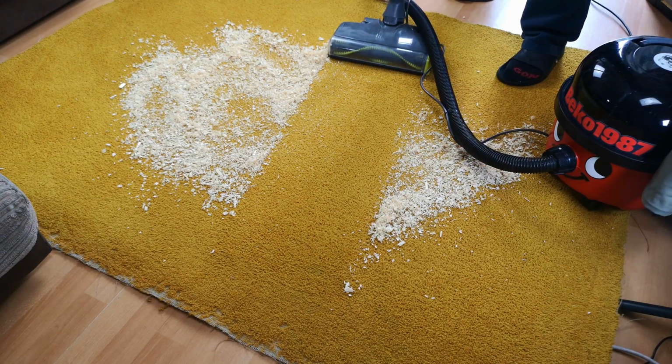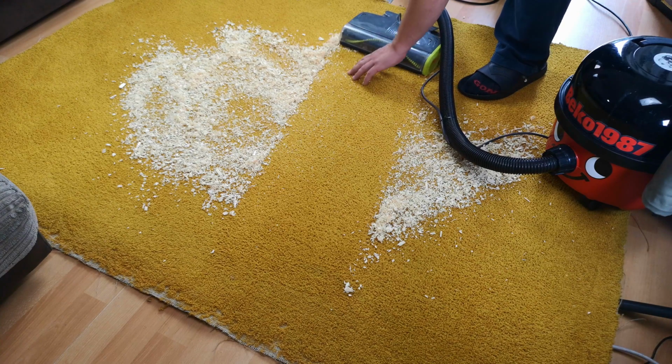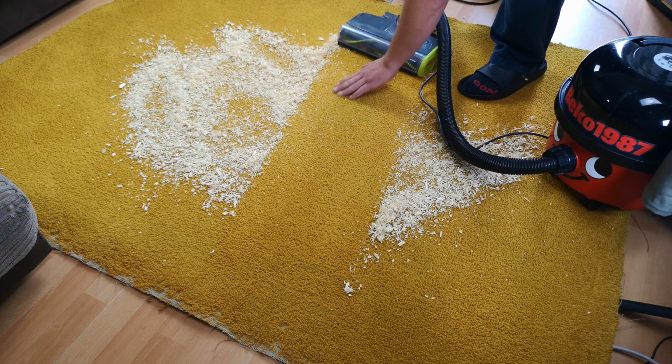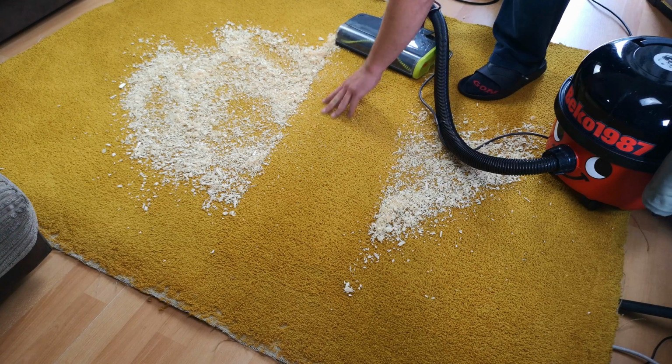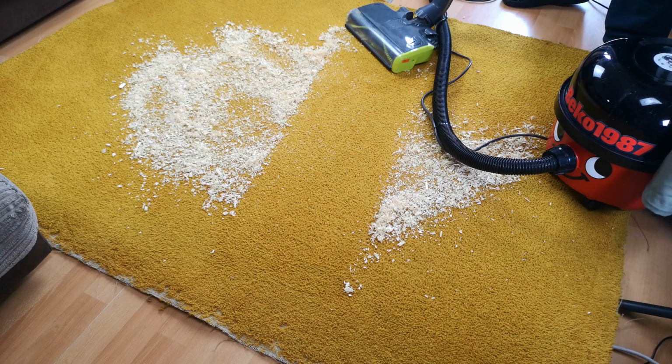we get, as Mr. Ibasiak would say, an okay line, but yes, there's still lots clinging on. It's not even really coming off with my fingers. And that's again where you need a good turbo head. You would expect to have to do a few passes, but